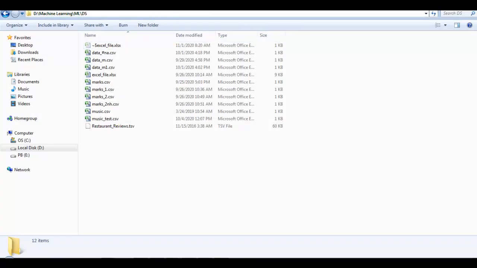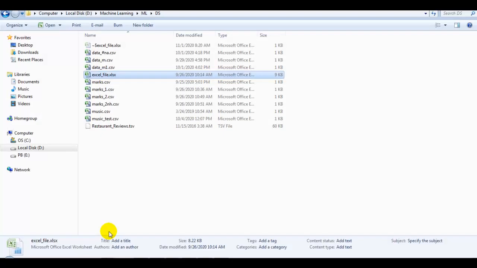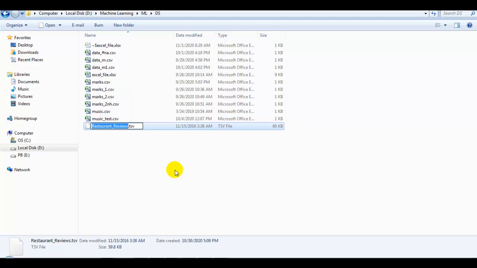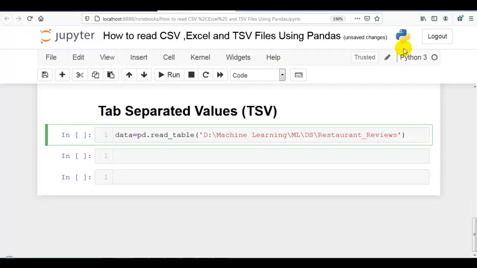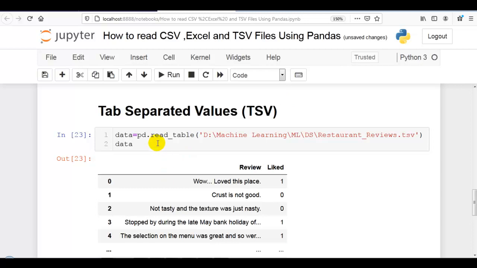Let me copy this path and paste it over here. Then we have to give the file name: restaurant_review. Let me copy this and paste it over here, and we have to give the tsv extension, then data. Now you can see our tsv file is successfully printed over here.